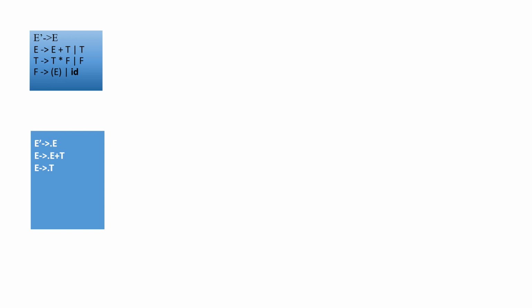So find out the productions of T. There are two productions. Now find out any non-terminal that is preceded by a dot. Yes, F. Now any other? No. Closing bracket and ID, that is terminal. So this is called state I0. We got the closure. So we got state I0.